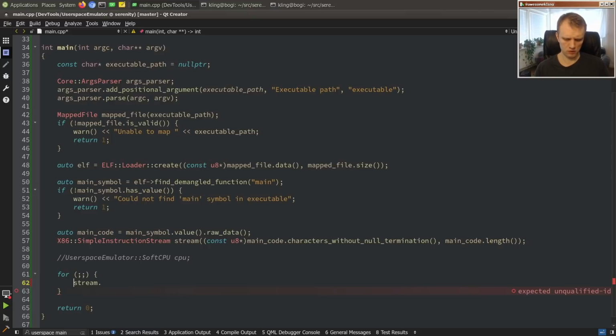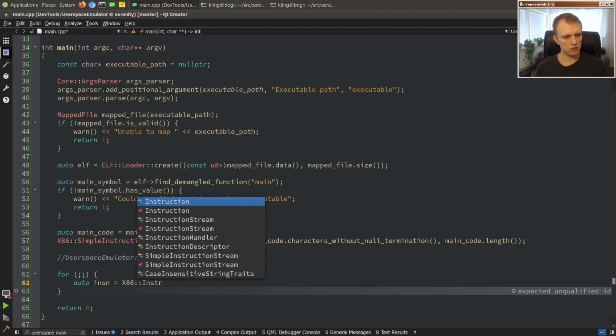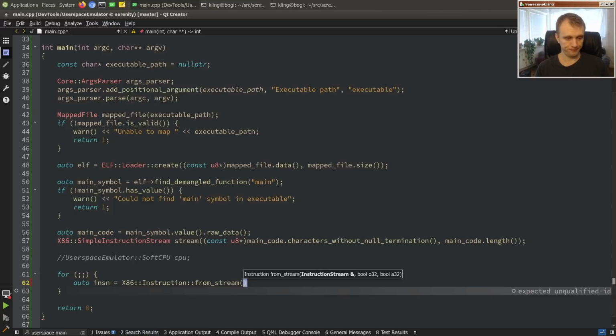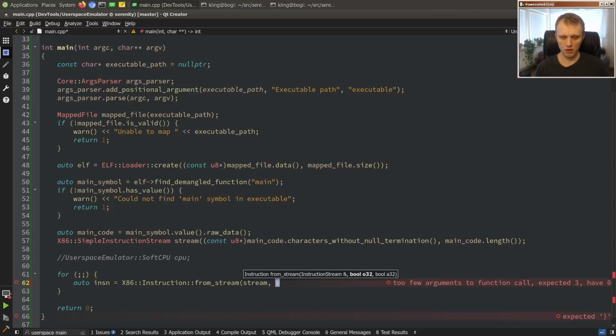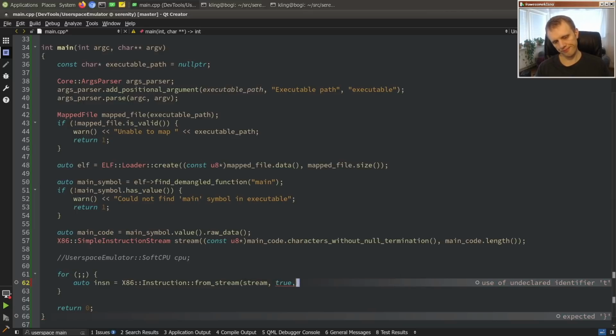Wait, how do we get an instruction? Instruction is x86 instruction from stream. And then I think we will just assume 32-bit mode for now, and then this will become a state of